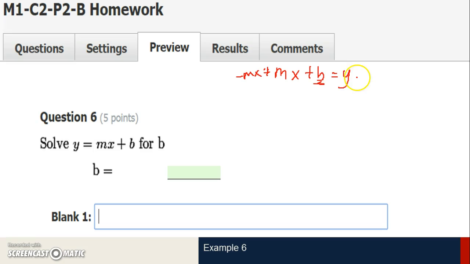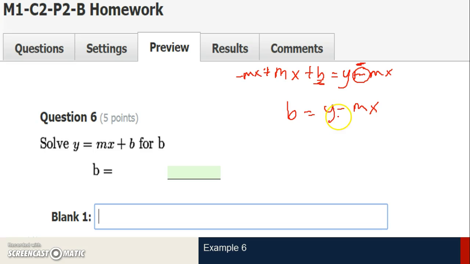Since it's being added to this b, I can subtract mx from the side or just add a negative mx. Well, if I add a negative mx on this side, I've also got to do the same thing here. And not to confuse you, this is subtraction. B equals y minus mx. I've got b by itself. It was a one step, but